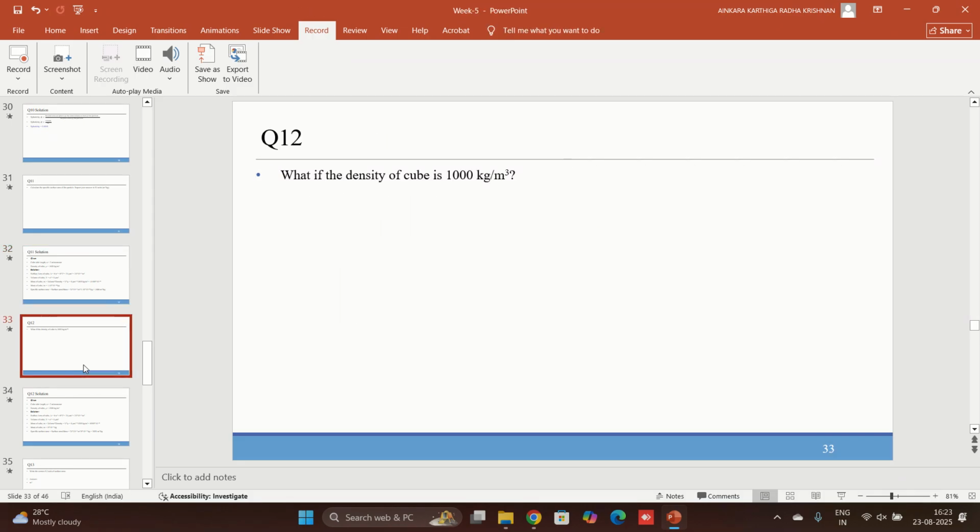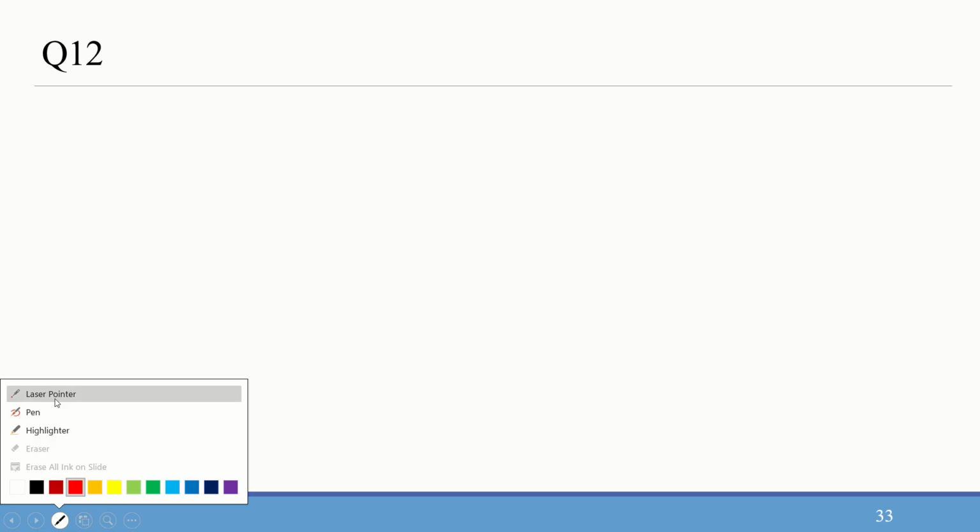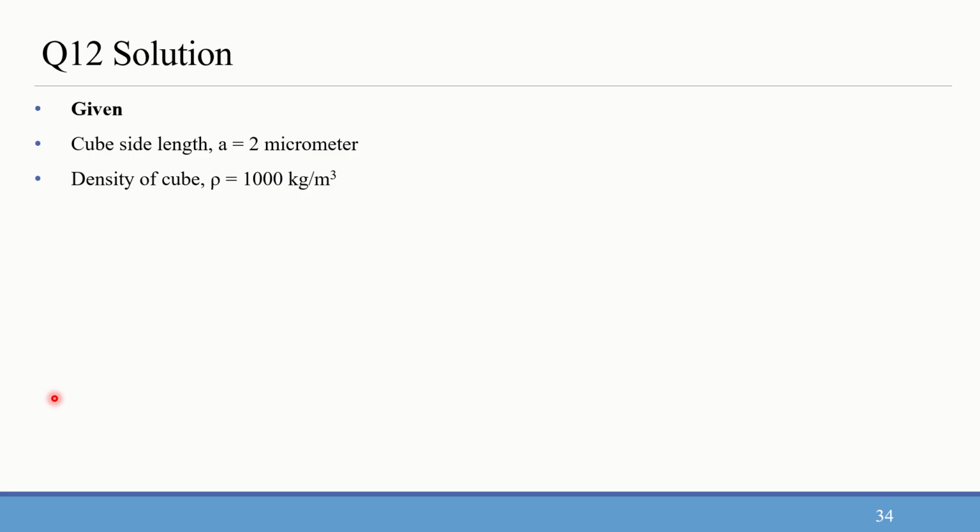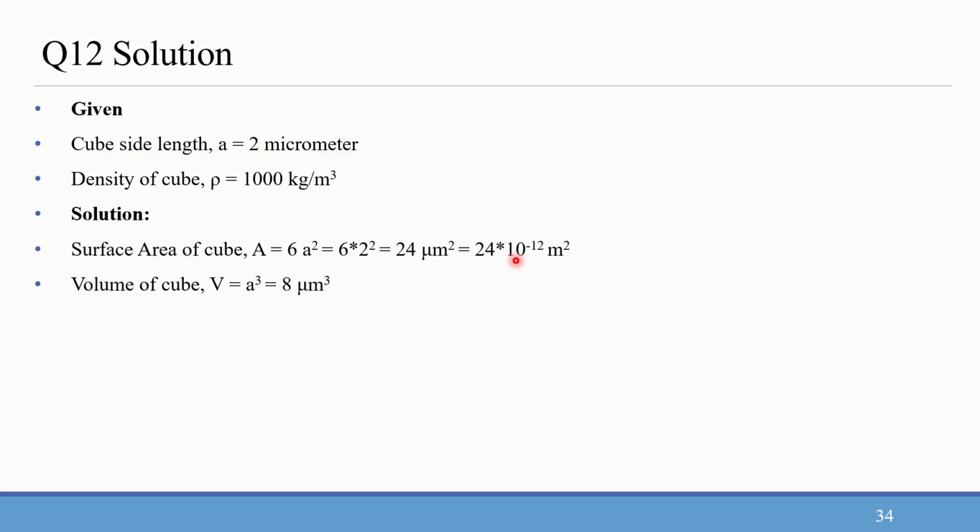Let us see one more problem in which the density is maintained at 1000 kg per meter cube. So here, just for our understanding, we are just going to see how same sized particles' surface area is getting varied. So what if the density is 1000 kg per meter cube? For that, again cube side length is 2 micrometers and density is, instead of 1800, it is 1000 kg per meter cube. So now specific surface area, if we calculate, the surface area is the same, 24 micrometer square, and volume